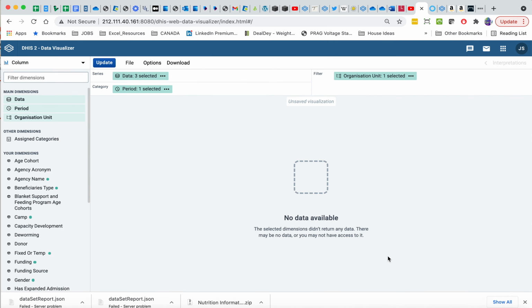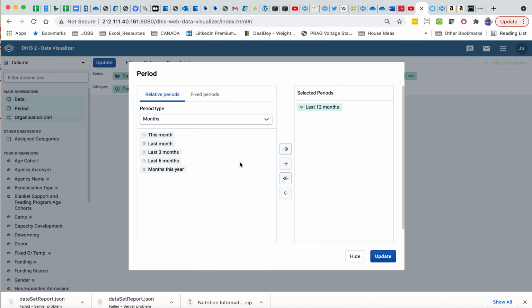Now, when I update that, there's no data yet because I have to still select the period. In this case, let me look at last 6 months,